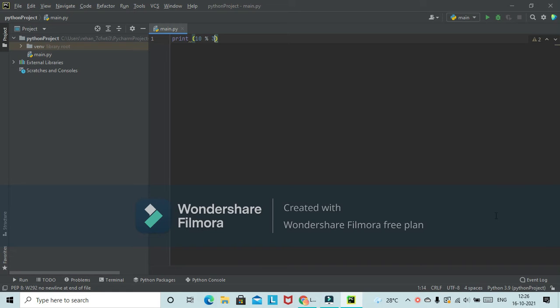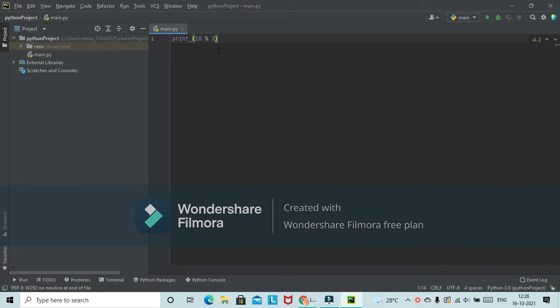We can also use another operation which is called the modulus operation. I could say 10, use this percent sign, and then 3. As you can see, I've used the percent sign and 3, and this is read as 10 mod 3.